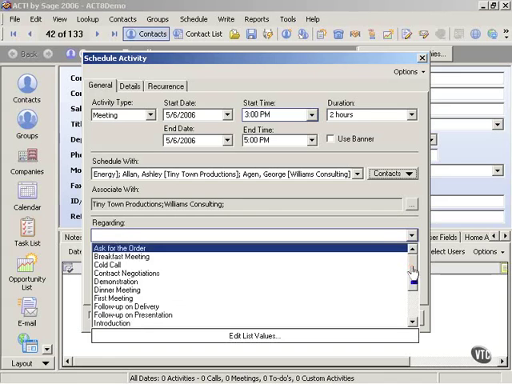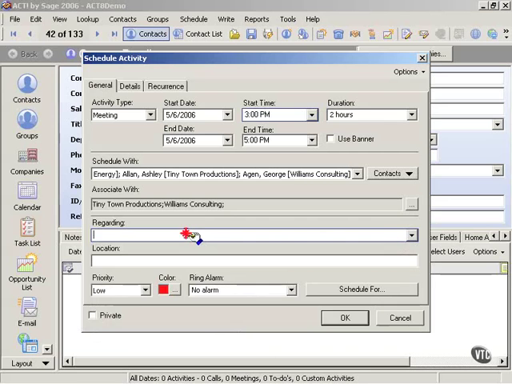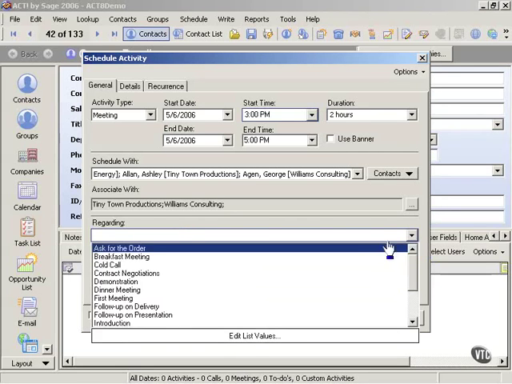But let's say that this meeting is really about enhancing our business relationship. Maybe that's all that we want to do. It's a matter of just getting together really for no intent except to get to know each other better. So it's to enhance our business relationship. So what we want to do is add that in. Well, I could type it in this one time and just type in enhance our business relationship. But if this is something that we are going to be doing with lots of contacts and we want that to be part of our plan, that we're going to have these enhance our business relationship meetings, then